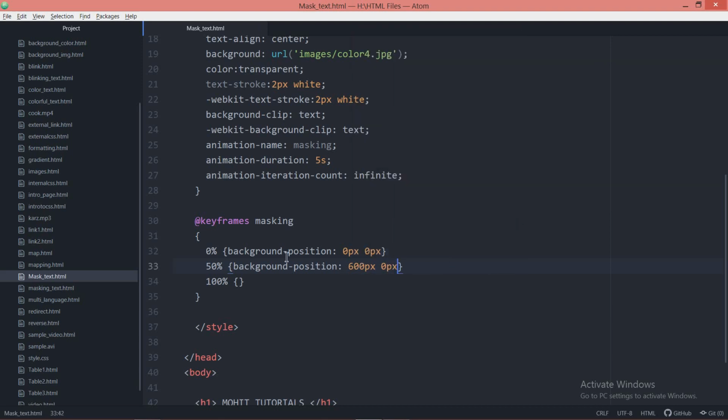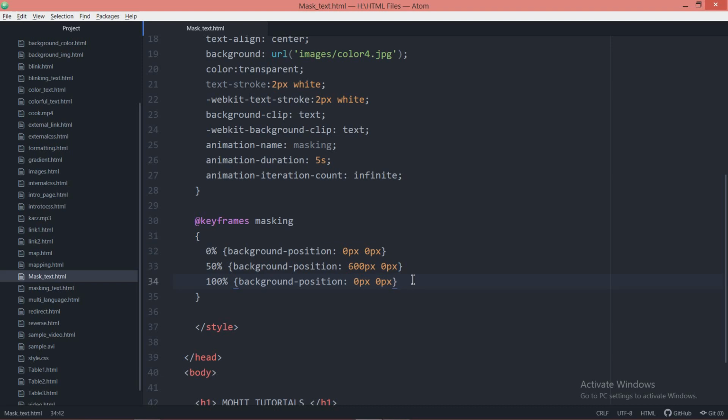It means at the start your animation remains in the same position, but at the middle, the x-axis moves 600 pixels and the y-axis remains 0 pixel. At the end of the animation, 100%, maintain the same level. Your starting and ending position will always remain the same, so that your animation runs smoothly.